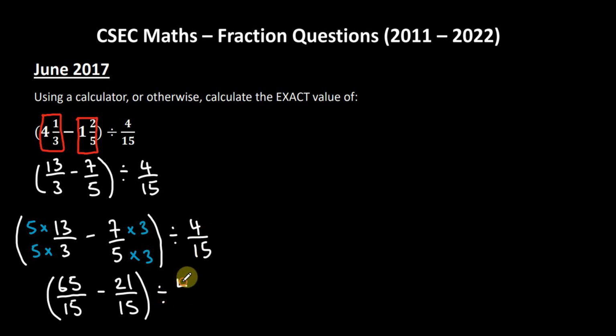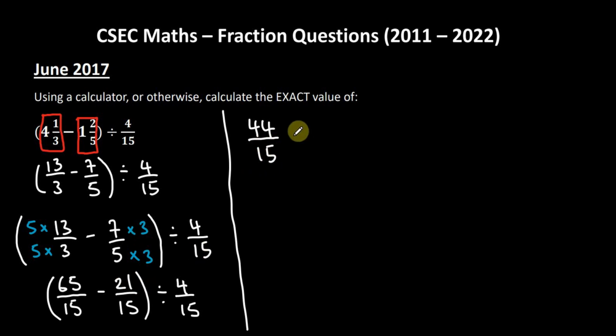Still have this 4/15 out here. And we'll continue on this side. So in continuing, let's see what we'll end up with here. So it's 65 minus 21. We can do the subtraction of the numerators here since the denominators are the same. 21 from 65, that's 44 divided by 15. We'll have this division sign here and